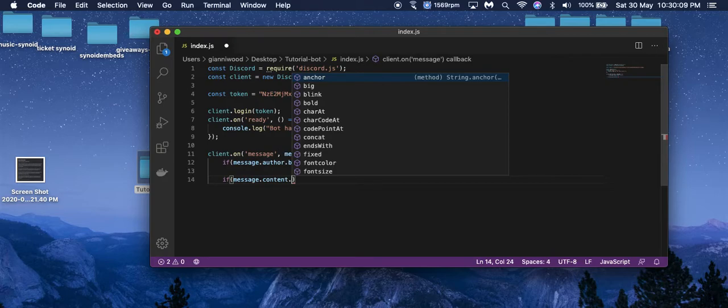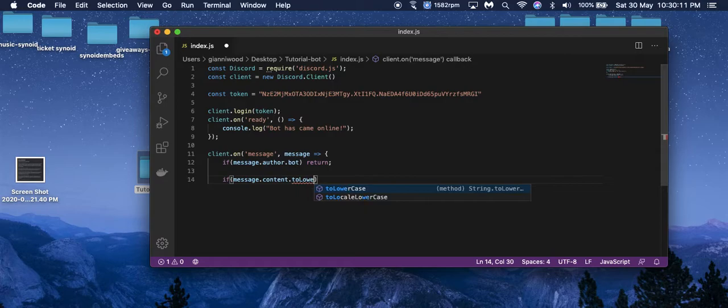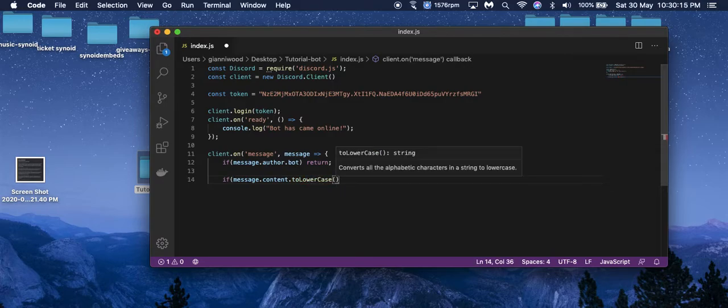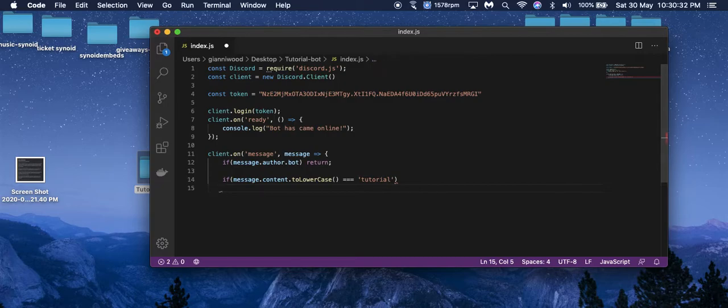So we can just add in toLowerCase like that. Double parentheses there, and then an equal statement, and then the actual command, so tutorial, and close it off with parentheses. Okay,